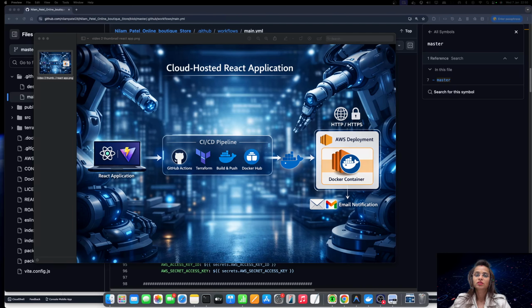Hello everyone, good evening. So today we are going to start with a project for cloud native application of React.js deployment on AWS EC2 instance using Terraform infrastructure as code. If you can see my screen,